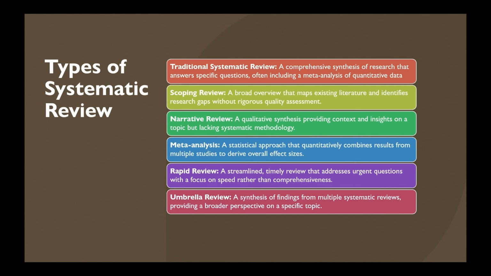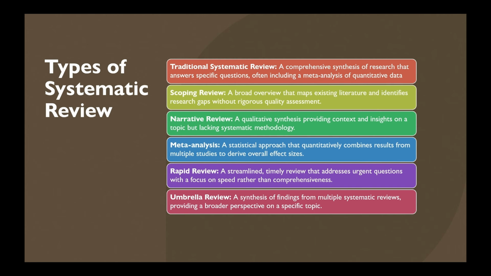Now let's talk about the different types of systematic review. First one is the traditional systematic review, which is a comprehensive synthesis of the research that answers a specific question. It also includes a meta-analysis for the quantitative data. Second one is the scoping review, which is a broad overview that maps the existing literature and identifies research gaps without